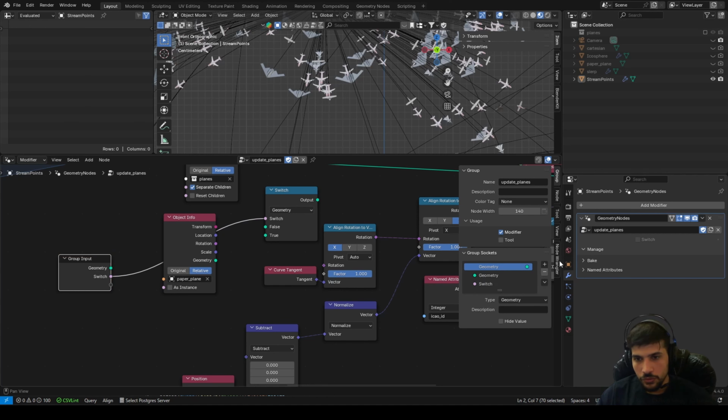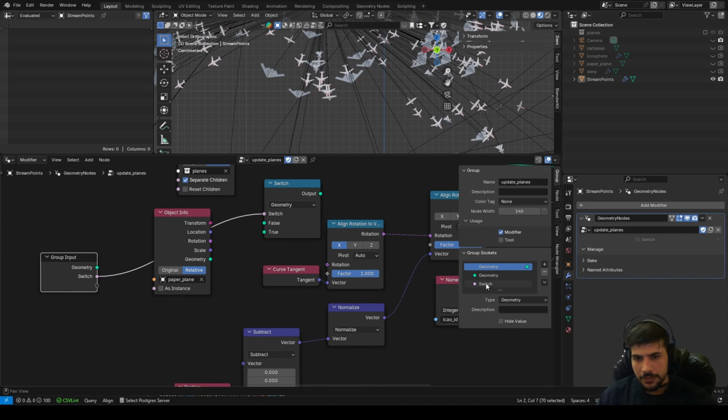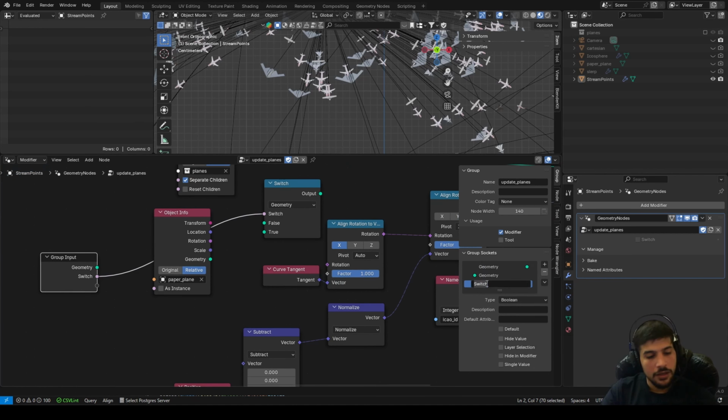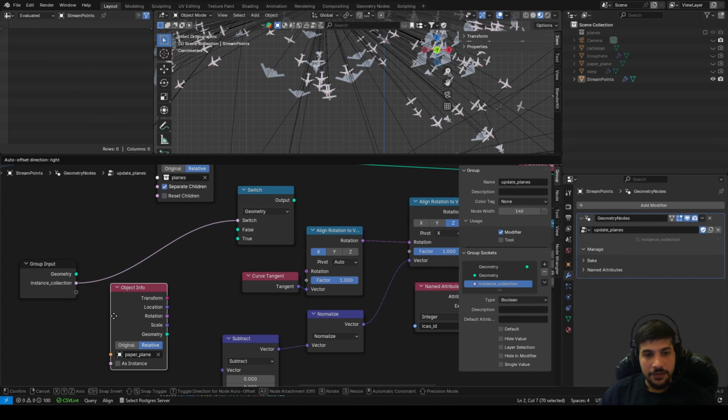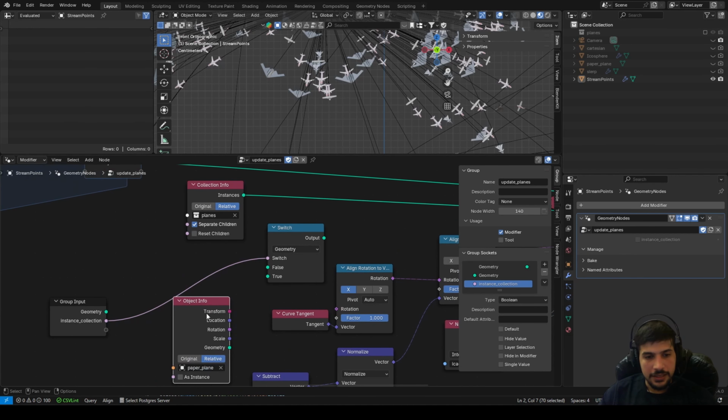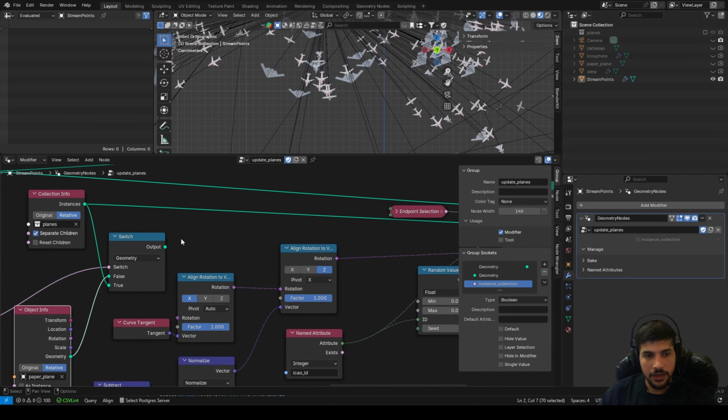I'm gonna go to the group. Wait, I want to name the switch instance collection. So this is the name of the switch. So I want to keep it as false. Yeah, it is false. And if it is false, then I will instance my paper plane. Otherwise, I'll instance this. If I connect this back here